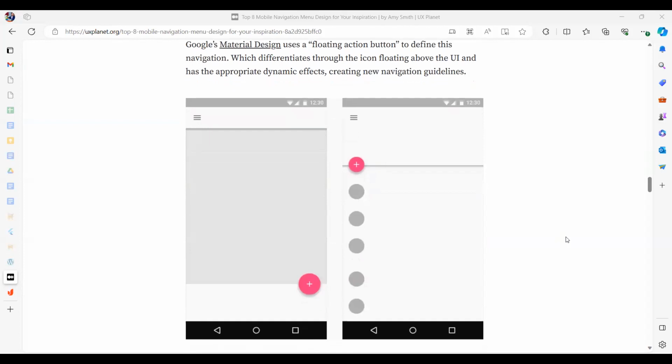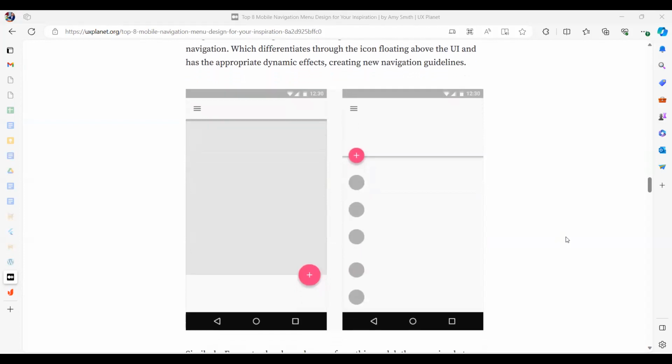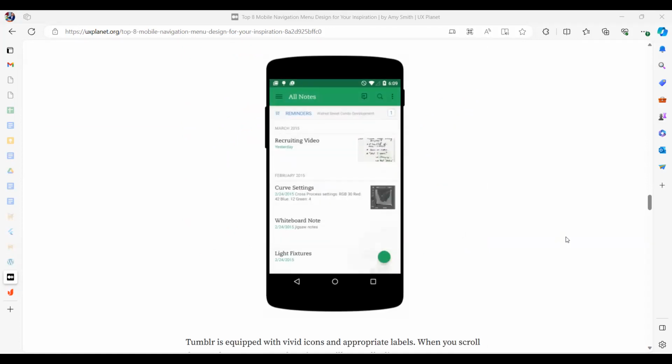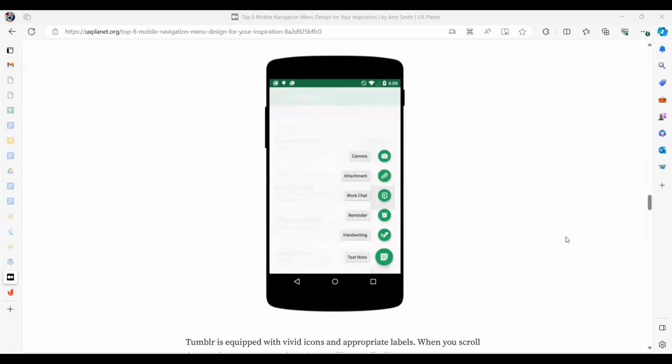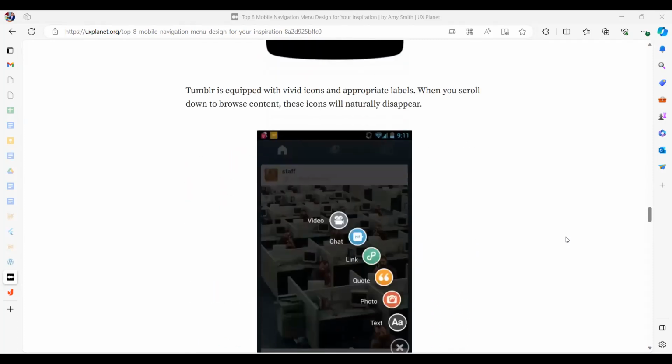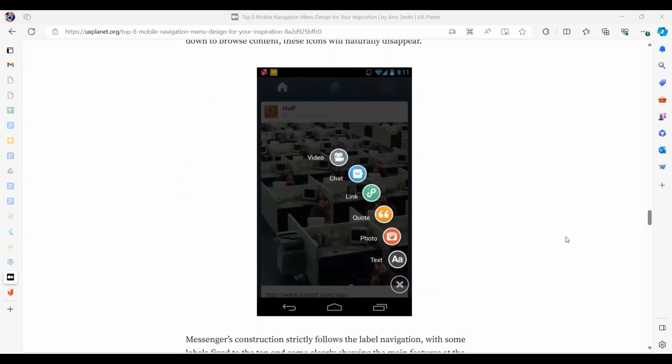And this is from Android Guide. This is called the action button. You click that, it pops up a set of icons, and then from there you can use it. And also, if you notice, the background is dimmed, so your focus is there, like here. You click the button, you get a bunch of icons, and the background is dim. So now your focus can be the icons.